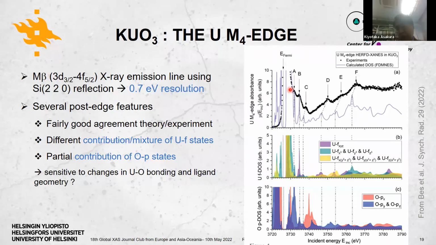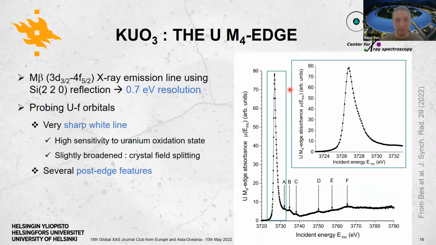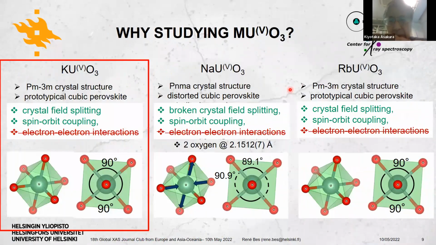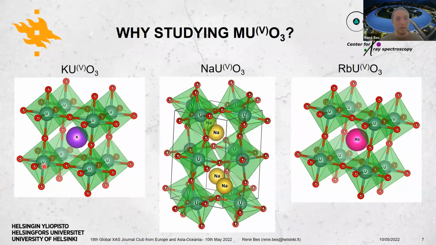So X is fixed to the crystal axis, or X is defined as the bonding direction? X depends on the crystal axis. Crystal axis. So in KU3, X will be along... If I go back here, X will be along some of the uranium-oxygen bonds in this line. Y would be in this direction. Z would be in the vertical line. That direction. So typically for the oxygen,